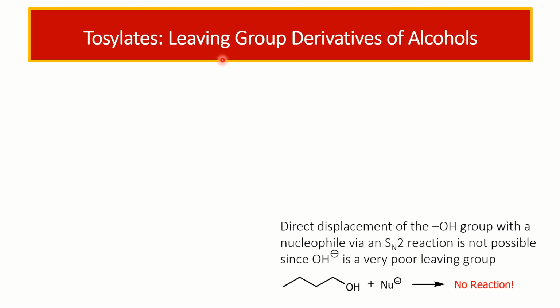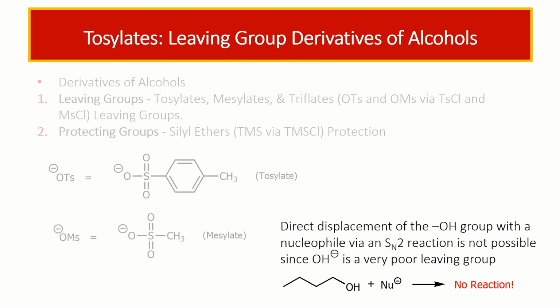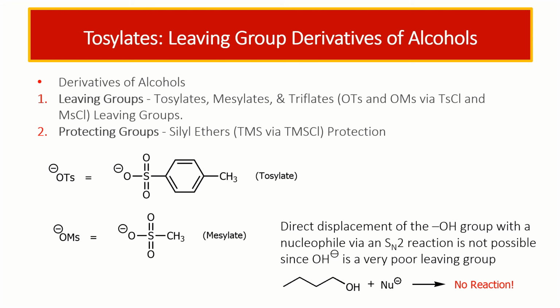We can talk about the tosylates. The tosylates and the mesylates are very good leaving groups. Not only are they good leaving groups, but we also use them as protecting groups. Now, protection we'll talk about in a later lecture. But look closely, because